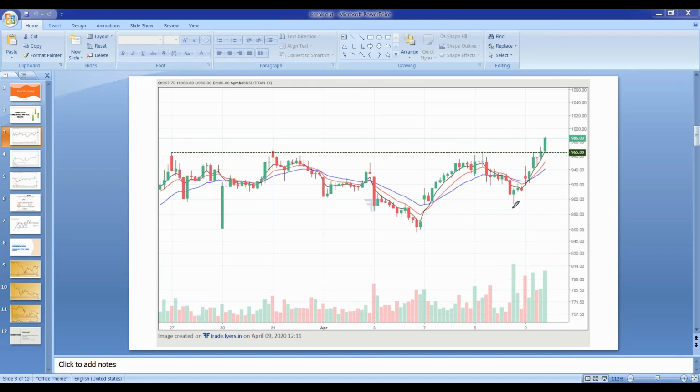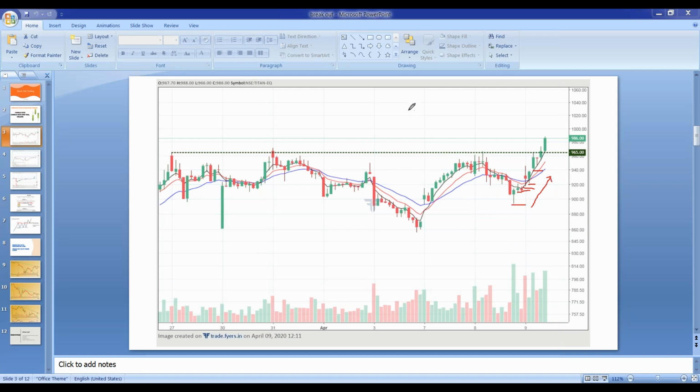If you look at this chart very minutely, this was the low, then all those lows in formation, every low is forming on a higher side. If you know about trend, if a stock is making a higher low and higher high, we consider that the stock is in an up move. We are talking about price action here. So the stock is continuously making higher lows, which means the stock trend is on the upside.